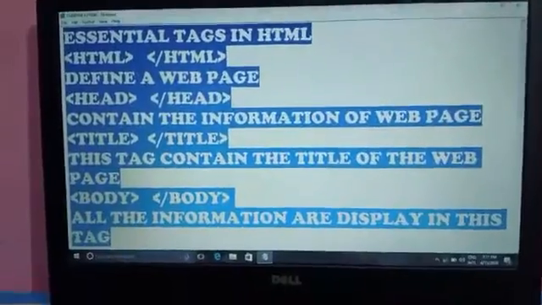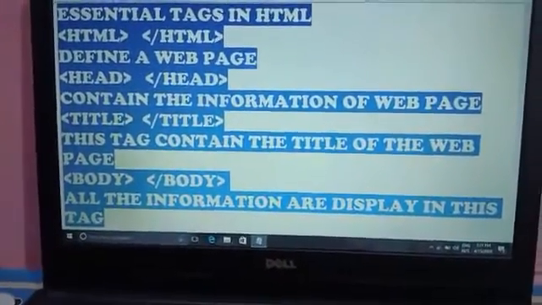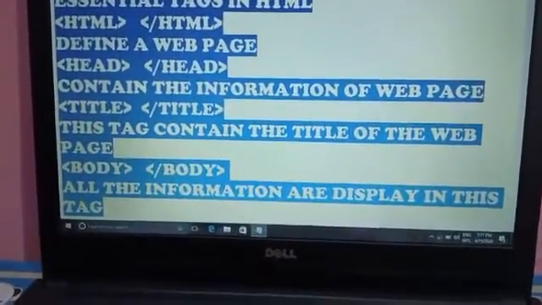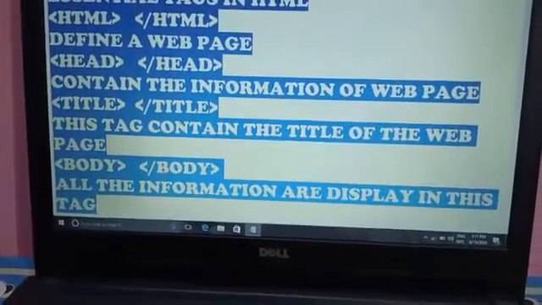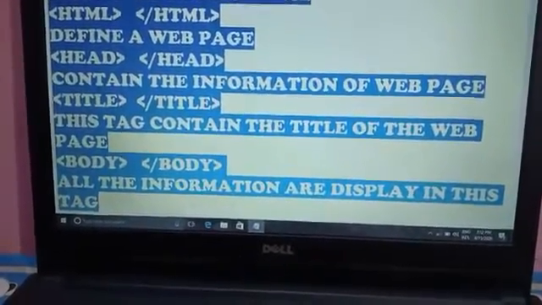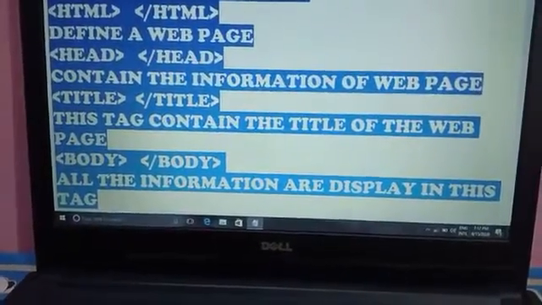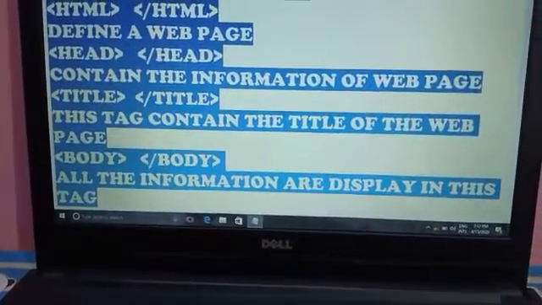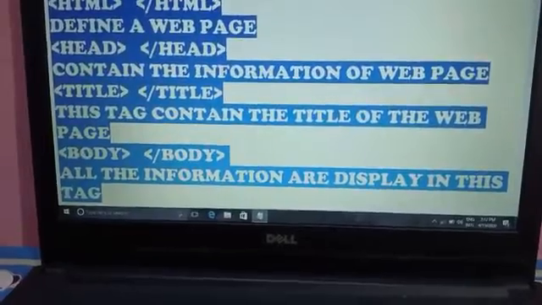The essential tags in HTML are: HTML tag, which defines a web page. Head tag, which contains the information of the web page. Title tag, which contains the title of the web page.